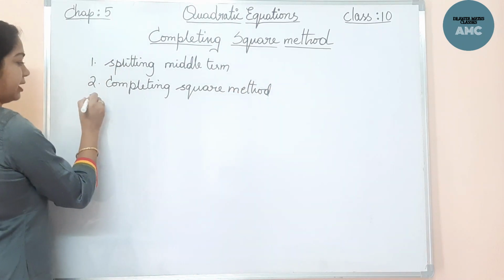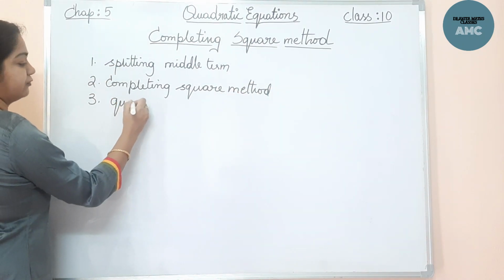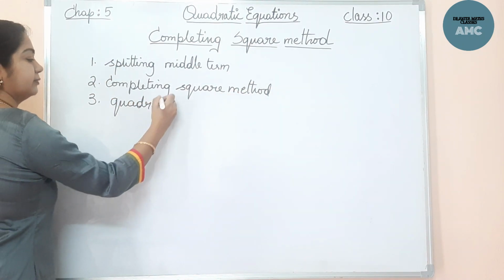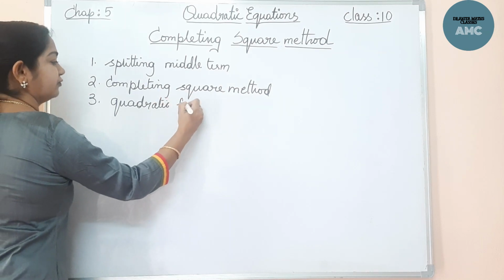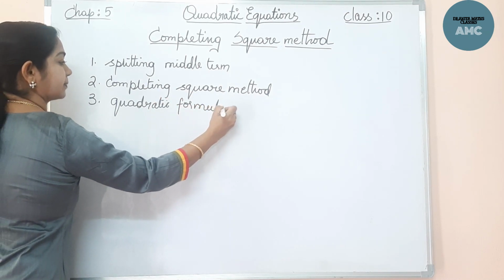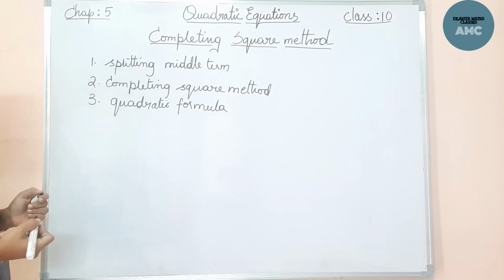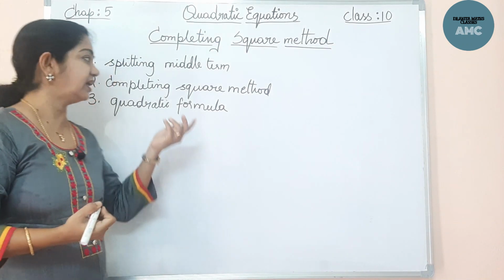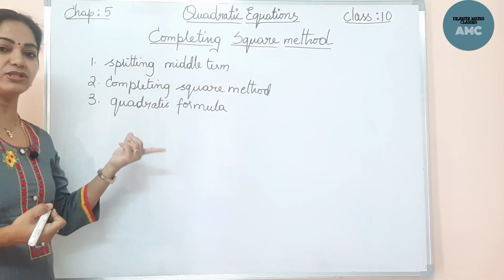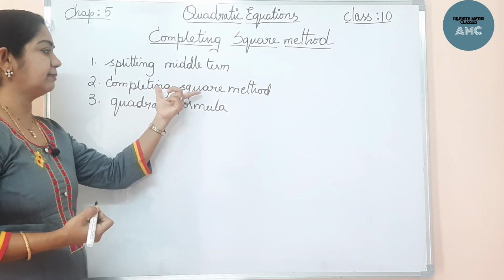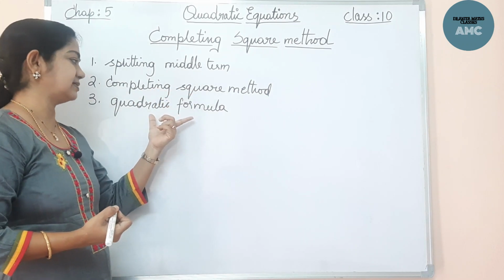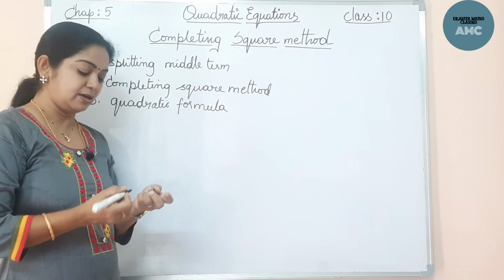And there is also another method, that is the quadratic formula. In this session, we will be dealing with the completing square method as well as the quadratic formula to find